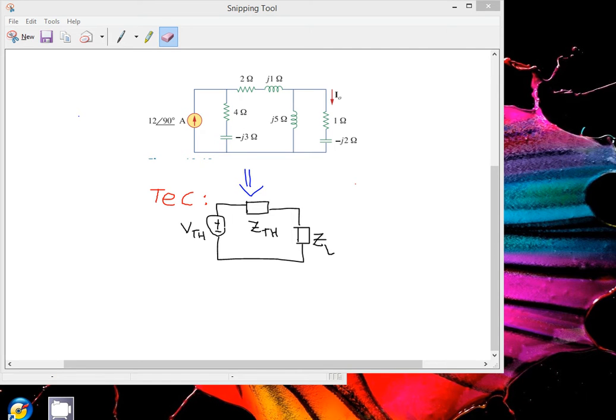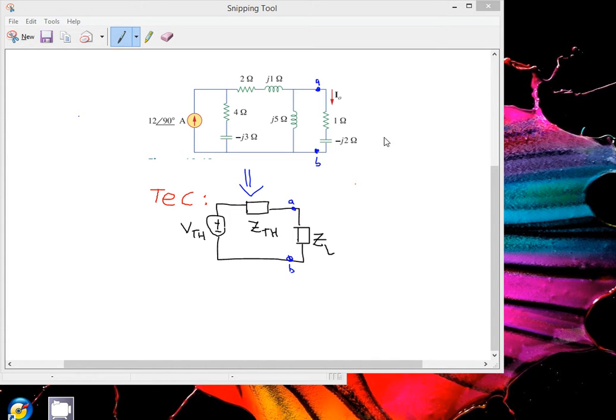So here is the video on how to analyze an AC circuit by applying Thevenin's theorem. Let's say you have this system and you need to find out what is the current flow on this load impedance. Normally we label this terminal as A, B. So basically the main objective of Thevenin's theorem